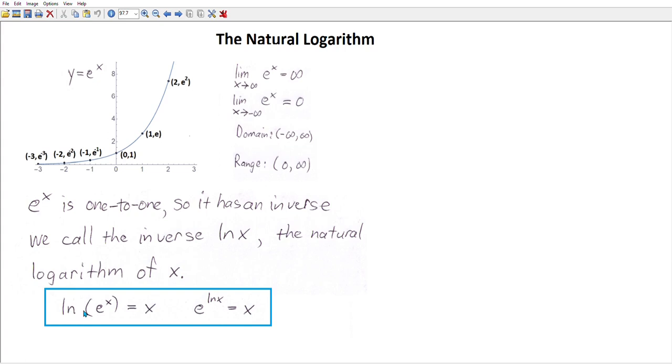The log of e to the x is x. In other words, f inverse of f of x is x. And in the other direction, the exponential function being f of x, f of f inverse of x is x. These are the two properties that define the relationship between the natural log and the exponential function e to the x. Now let's take a look at natural log x, and what we can see is,